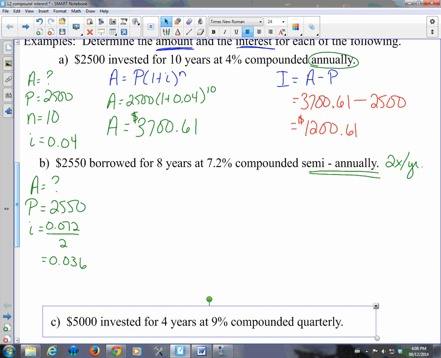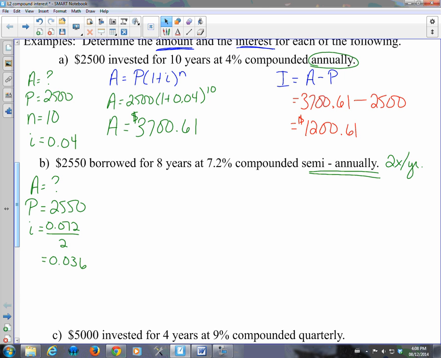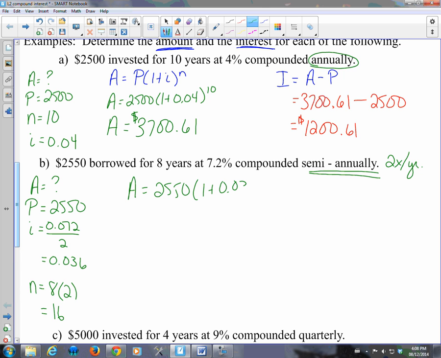And sometimes it doesn't work out nicely and you have to leave the fraction for your interest rate. Our n, if we're calculating interest twice each year for 8 years, that means we'd have 8 times 2. We're going to calculate interest 16 times for 8 years, twice each year. So my A is 2550 times 1 plus 0.036 to the exponent 16. So 2550 times 1.036 to the exponent 16 gives me an accumulated amount of